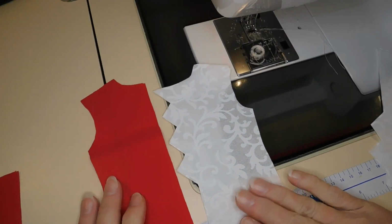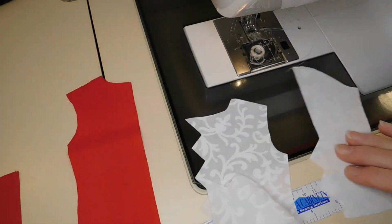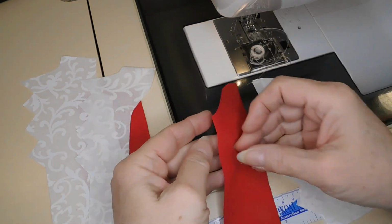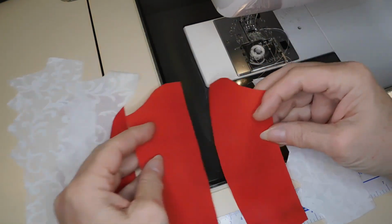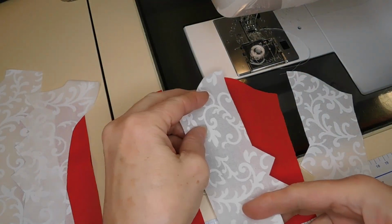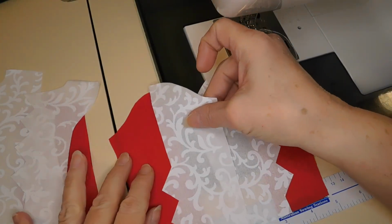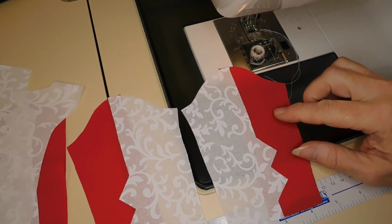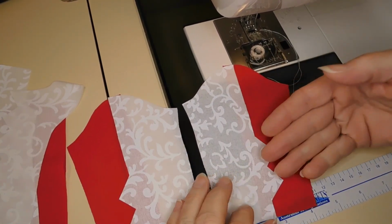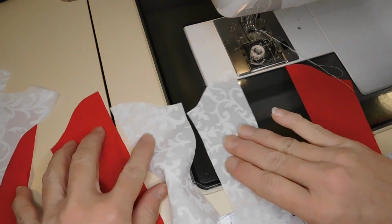What I'm going to do is first I'm going to work on the sleeves, because the sleeves will have the zigzag overlap as well. So I have my red pieces here, and they will overlap onto the red as well, like this. So because these two pieces don't have an actual pointed part that sticks out, on the zigzag part of the